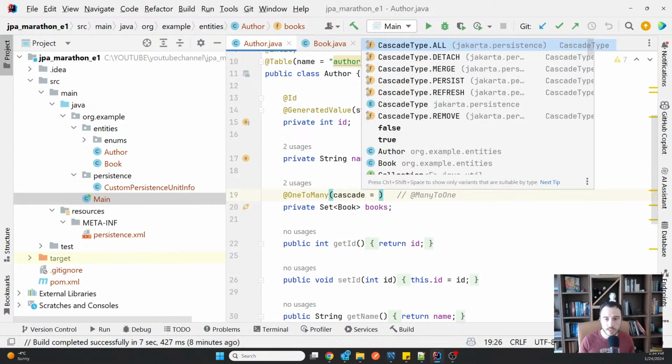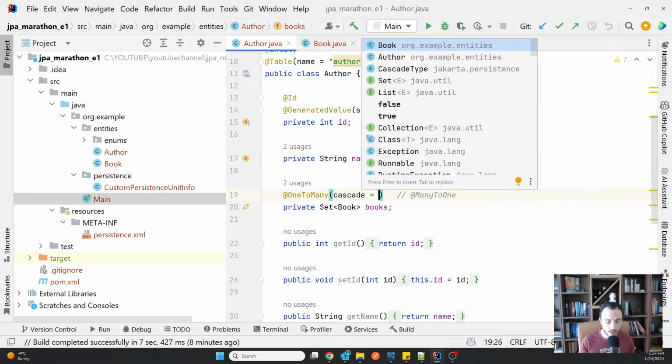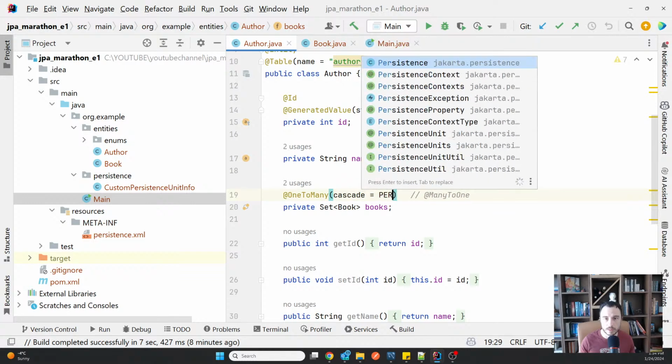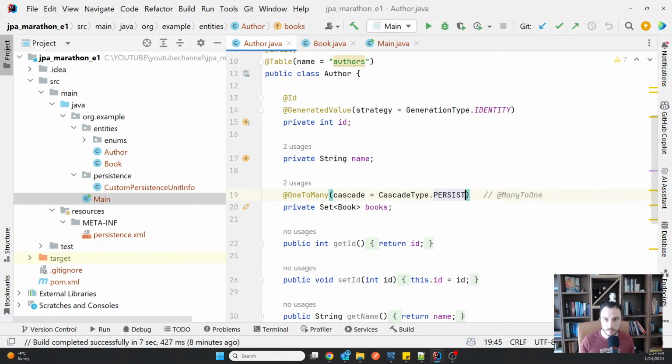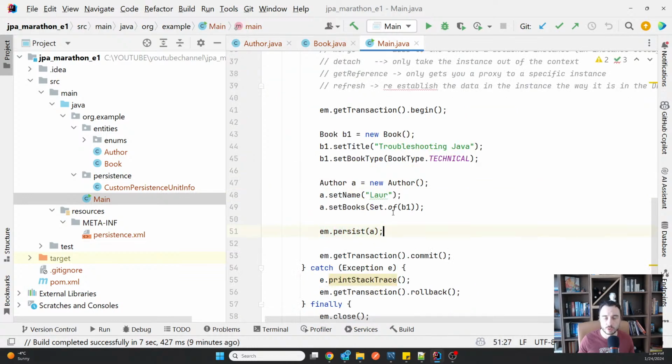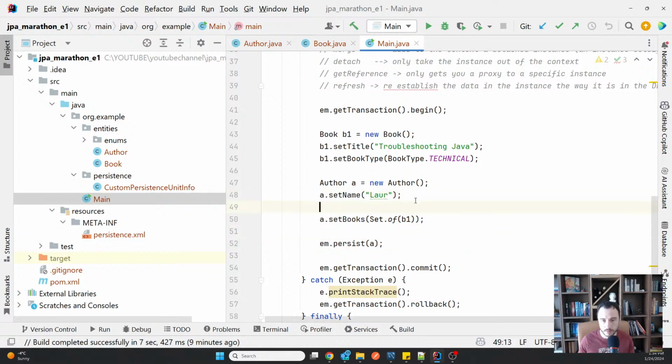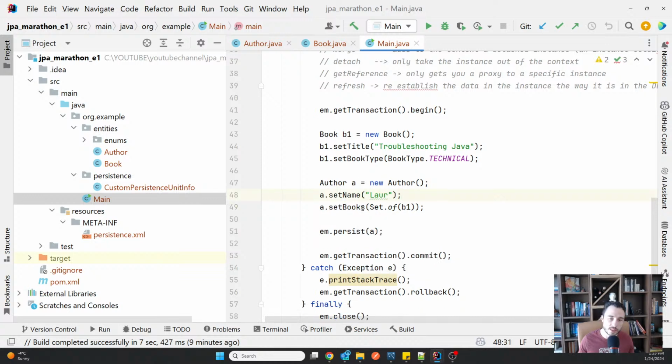In my case, let's just assume I'm going to add the persist here, and that would work now to persist the author. It should also persist the books. Now, very important, never forget to establish the relationship in both places. Now it's unidirectional, so I don't have the author here, but we will create the bidirectional as well. And remember that if you have a bidirectional, it's always important to have them set up in both places.